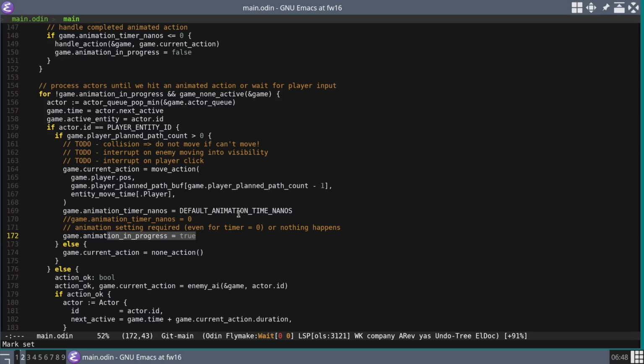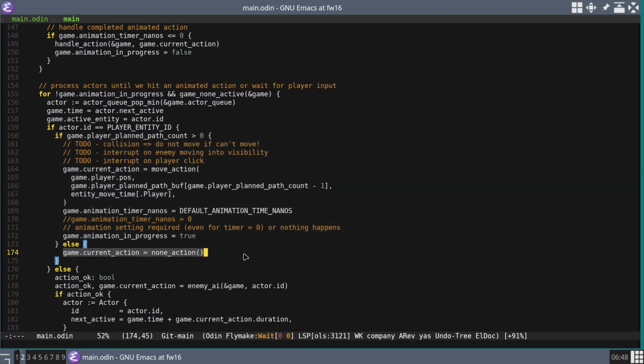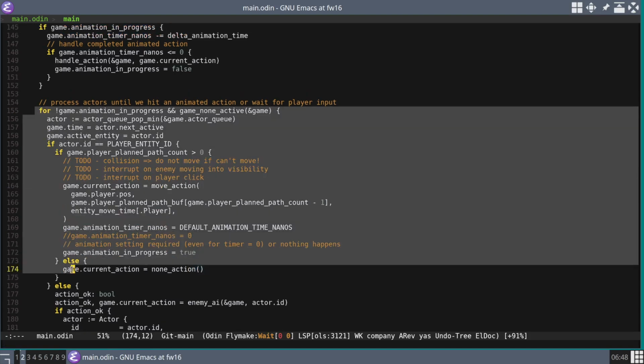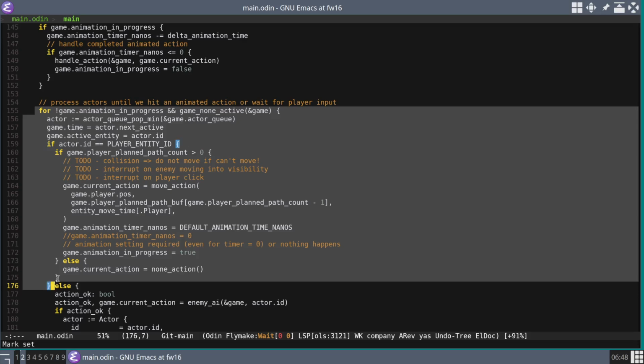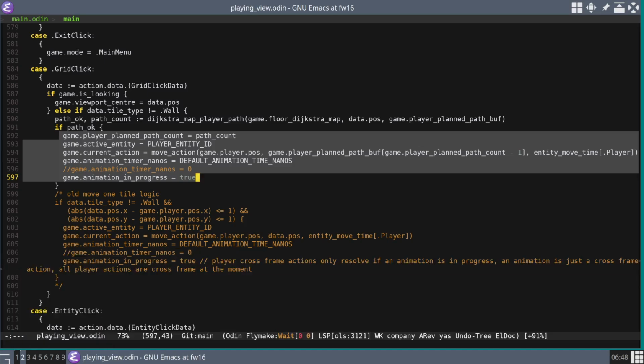Else we set it to none. That none is then used as the sentinel to say I need to go and get user action. One thing I'm not happy about is you notice there's no way in the player chunk to process 0 frame actions. They're all animated. This is why I had these set to 0. That basically works,